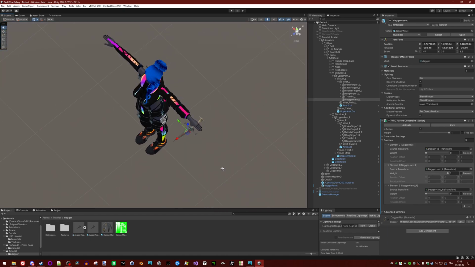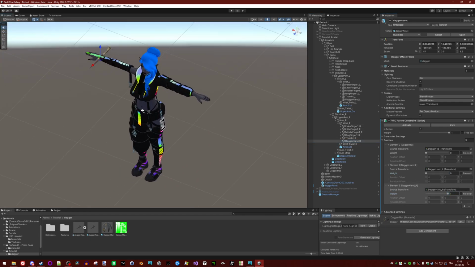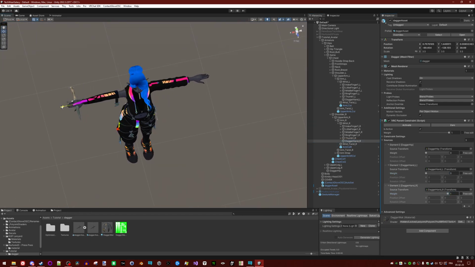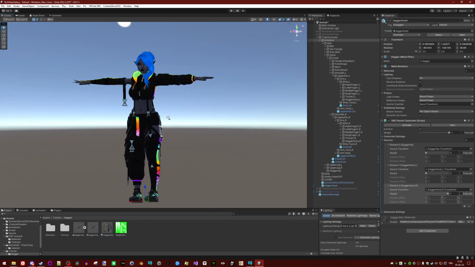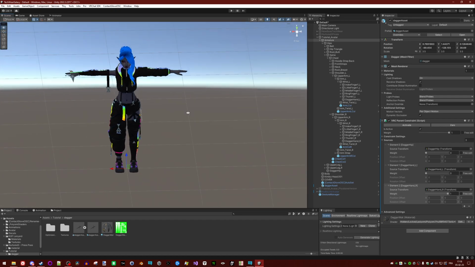Take your time to do it right on your own avatars. And same thing with the right hand. The parent constraint stuff is set up. We just need the animations now.